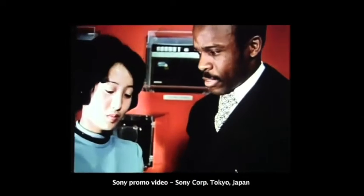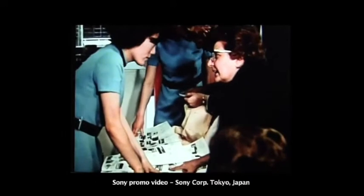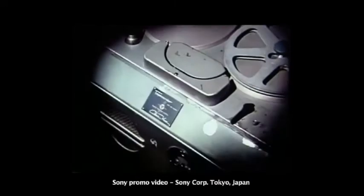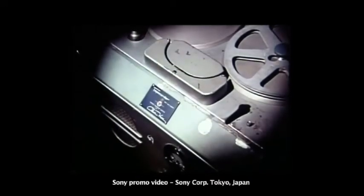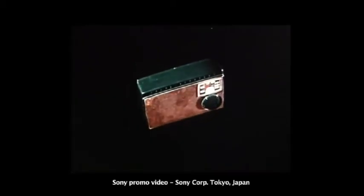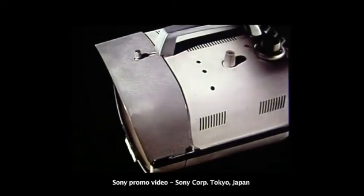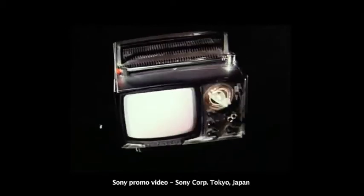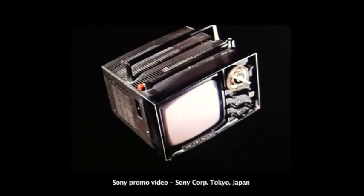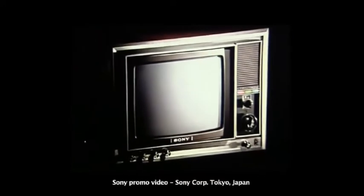Now, let's review some of the highlights in our pioneering product development efforts. Sony put on the market the first tape recorder in Japan in 1950, the first transistor radio in Japan in 1955, the world's first transistor TV set in 1960, the 5-inch micro TV set in 1962, and the world's first all-transistor portable video coder in 1963, the Trinitron color TV developed in 1968,